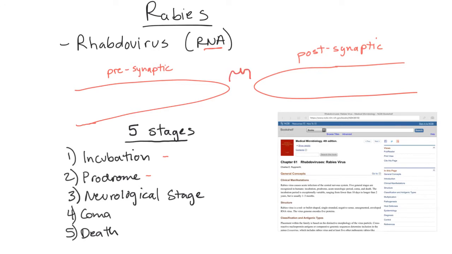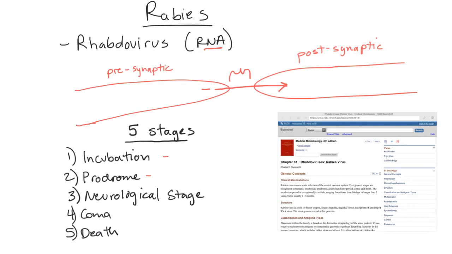It is able to make proteins that can travel through the presynaptic neuron into the postsynaptic neuron. Most of the infection in rabies is in neural tissue, in neurons, and if it can spread from one neuron to the next, then it can infect your whole nervous